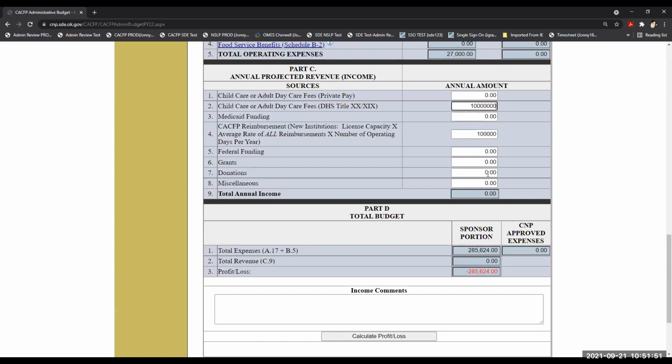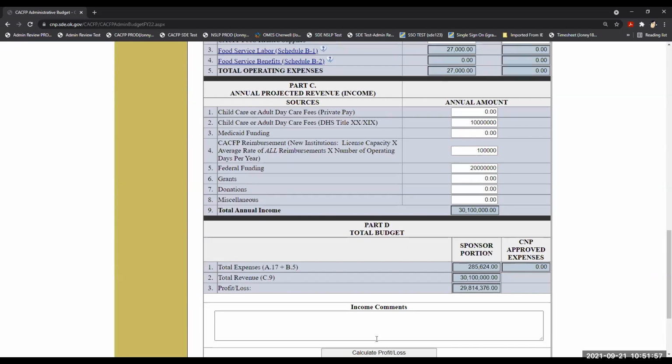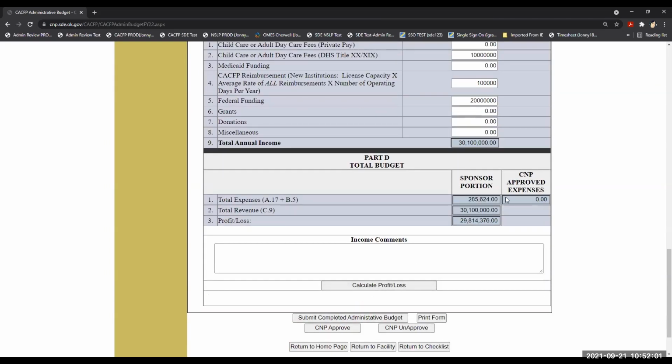So I'm just making stuff up. Make a lot of money. It's a lot of zeros to put there. So once it goes into not a red,